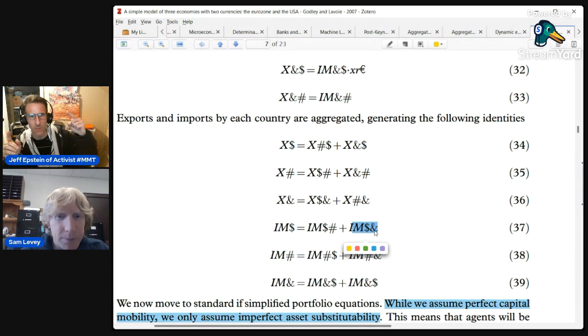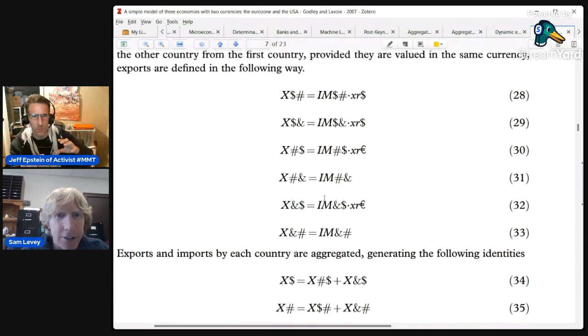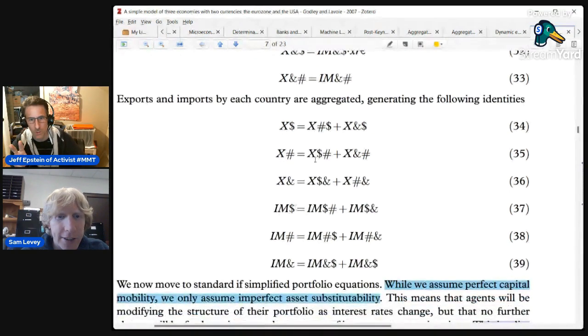I'm confused with above, it was from a different point of view. Like it switched points of view. Yeah, so in these equations, you notice we have exports on one side and imports on the other in each equation. And there's two country symbols. Here, this first equation is only exports. Here, if you'll notice, it says exports and imports by each country aggregated. So this is just saying the US exports, actually let's do it with imports. I think it's simpler with the imports.